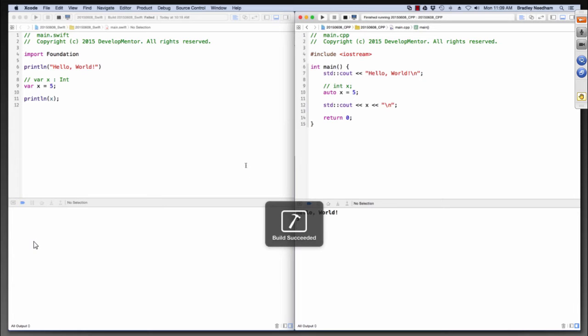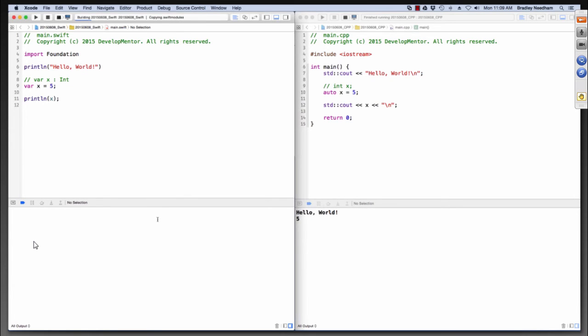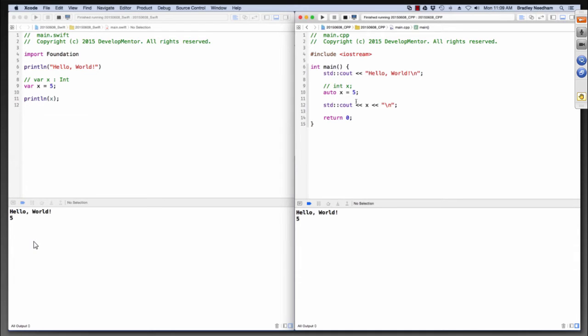If I run this one, that runs that way. If I run my other one, this one also runs hello world and 5. Okay, so variable typing is strict, going back and forth. The other thing to watch out for in the difference between Swift and C++ is the conversion or promotion